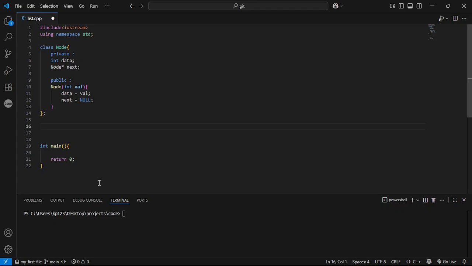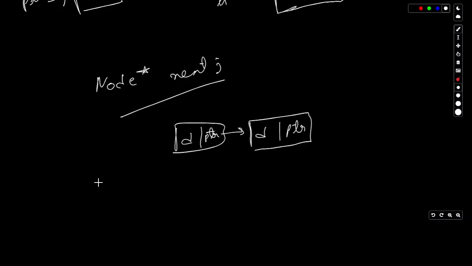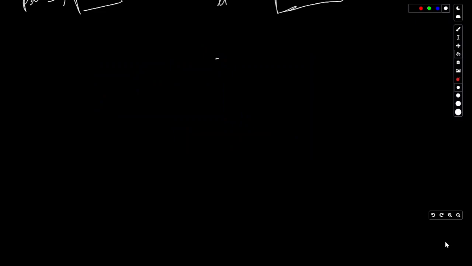All I'm trying to say is that when I call the node constructor, we will be creating a particular node and assigning null to the pointer. First we will have data and then we will have address. So this is what we are doing over here.